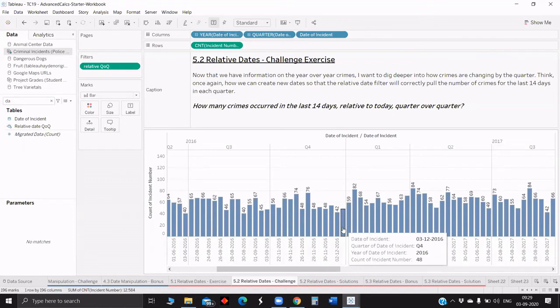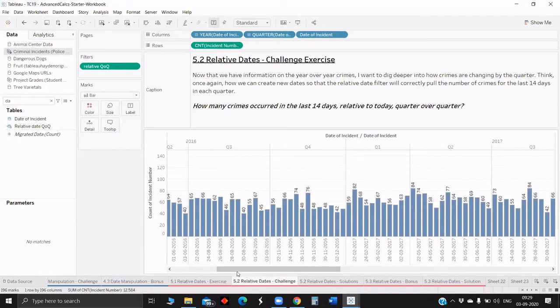Here we are doing the last 14 days of the date similar to the current day in each of the quarters. So in quarter 4, the day similar to the current day is 3rd December. So 3rd month, 3rd day. Likewise it does for every quarter, and it goes on for the last 14 days.